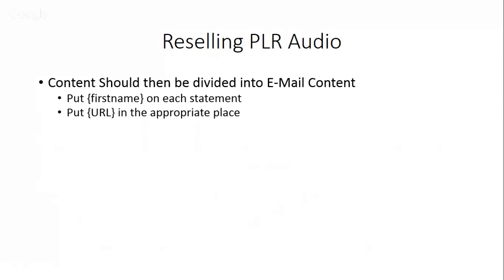Now, the reason I'm telling you to do this is because if you decide you want to sell this, let's say you decide, I'm going to sell this as content. I'm going to sell this to somebody so they can have content emails. Then all they got to do is put it in their autoresponder, and then they can put a URL regardless of what autoresponder they use. They can just do a cut and paste, right? So you want to put these things in the appropriate places. You want to have the signature in the appropriate place, right?